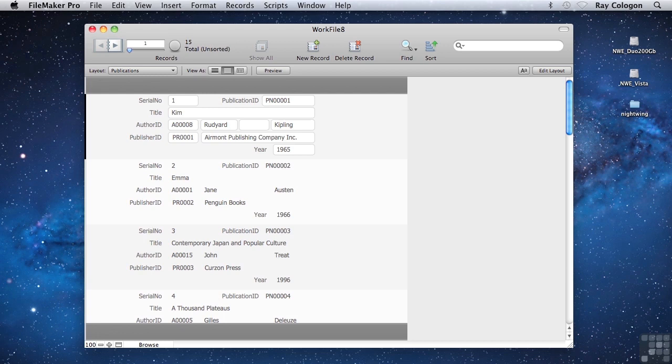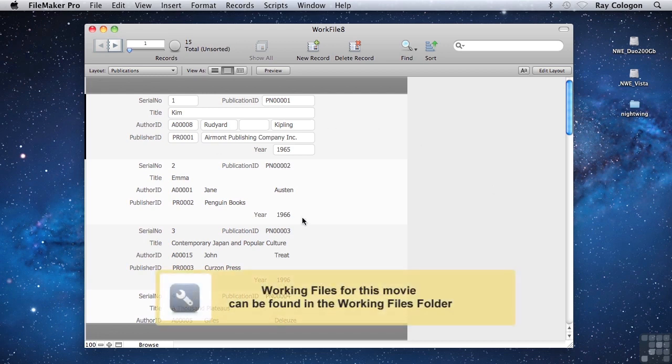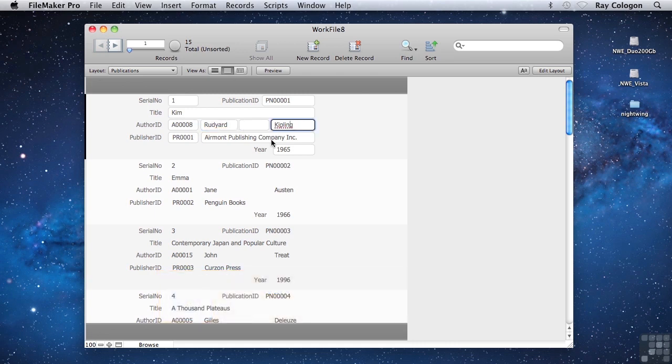I'm now working with a modified copy of the work file, with the author names that were previously in the original books table now moved across to the new separate authors table and linked to the corresponding book records in the renamed publications table using the author ID field from the authors table. In later lessons, we'll look at the structure in greater detail, but for the time being, let's see how the